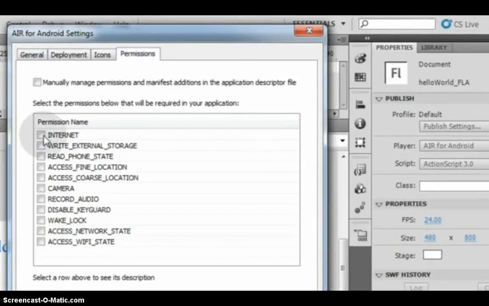Then the permissions, you have to click the internet. All. So make sure you have checked the box in the internet.